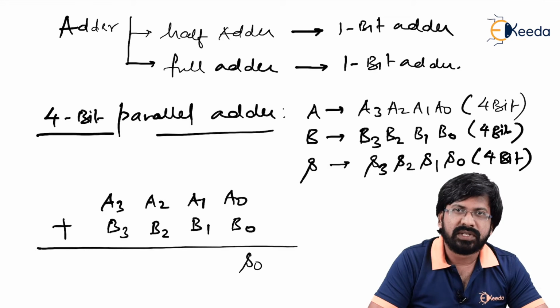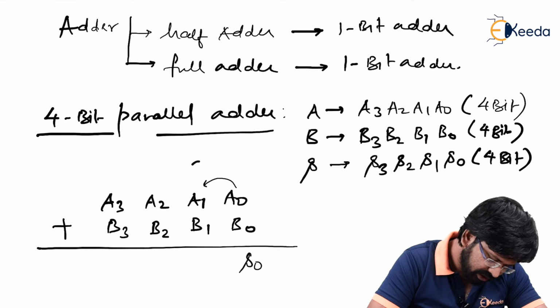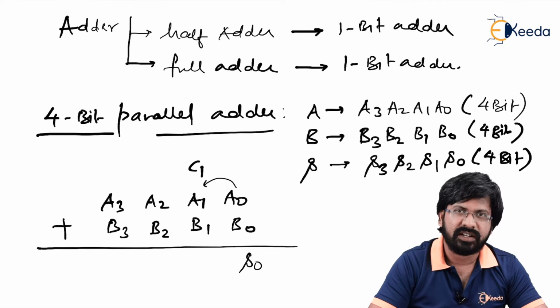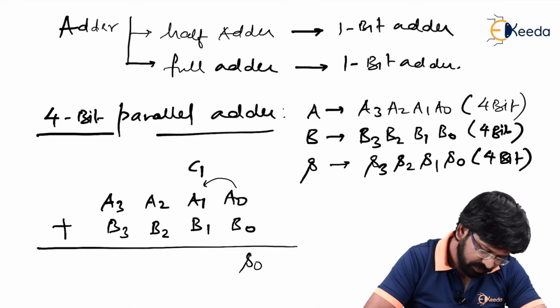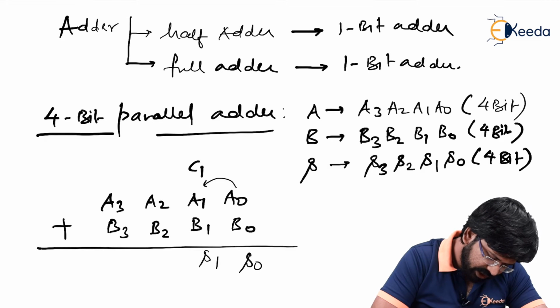It doesn't only give you sum, it gives you carry out also. Therefore, assuming that after adding A0, B0, there might be some carry, let's say C1. This C1 will hold value as 0 or 1. Irrespective of that, it is going to generate some carry, right? So we have to show them in general. Next, the addition takes place as A1, B1 and C1. Therefore, sum is S1 and it gives you carry as, let's say, C2.